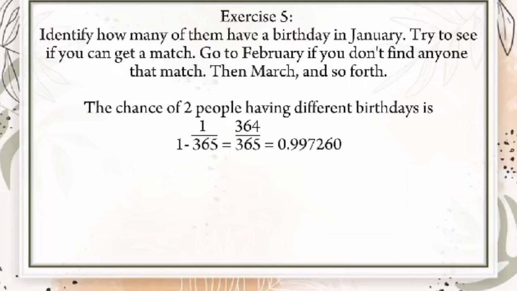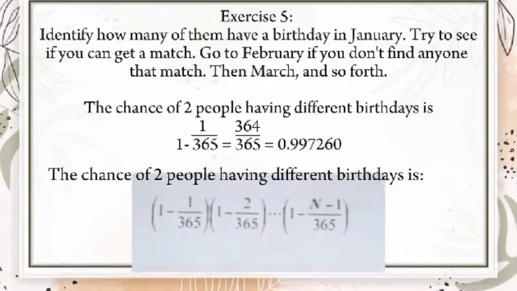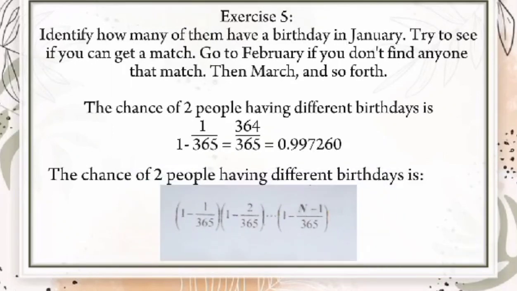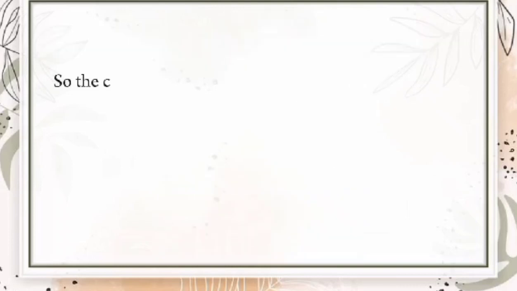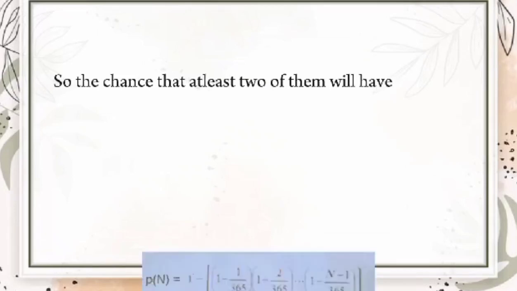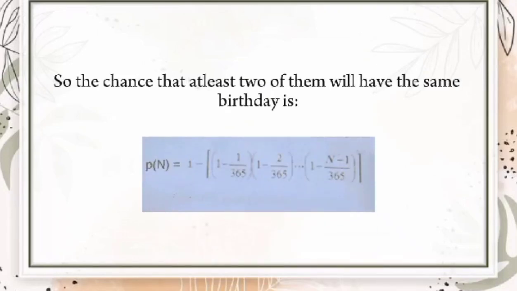The chance of two people having different birthdays is 1 minus 1/365 equals 364/365 equals 0.997260. The chance of n people having different birthdays is (1 minus 1/365), (1 minus 2/365), up to (1 minus (n minus 1)/365). So the chance that at least two of them will have the same birthday is